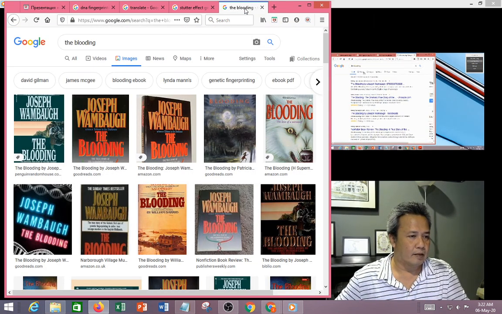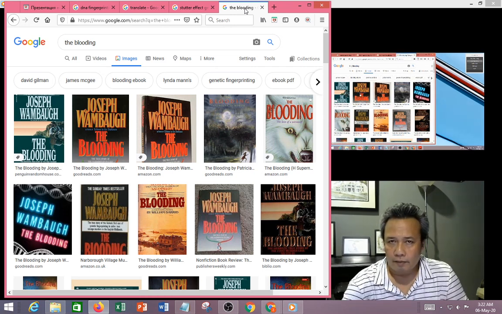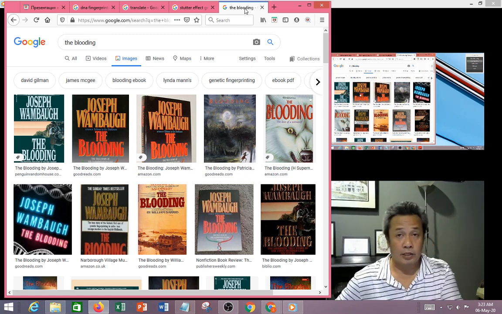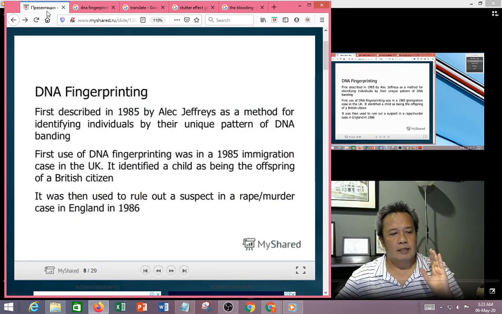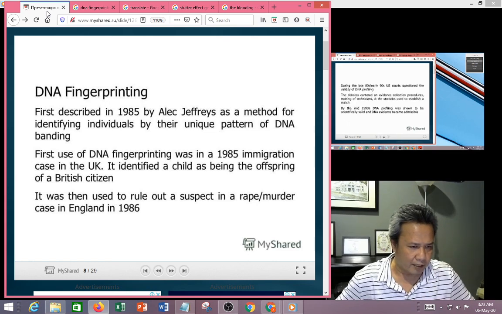This book, The Blotting, tells you of a murder mystery in a town where they actually used the first use of DNA fingerprinting to solve this case. It's quite interesting. I've read the story. It was then used to rule out a suspect in a rape-murder in England in 1986. So they used that in fingerprints,